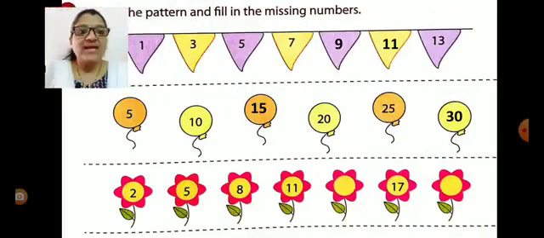Yes. Now, next, flowers are given. Let us see the pattern rule in the numbers given. 2, 5, 8, 11. What pattern rule we see here? Yes, add 3. Hence, if we add 3 in number 11, which number we get? 11 plus 3, 14. Then number 17 is given. Then 17 plus 3 is 20. You have to complete this by writing numbers.